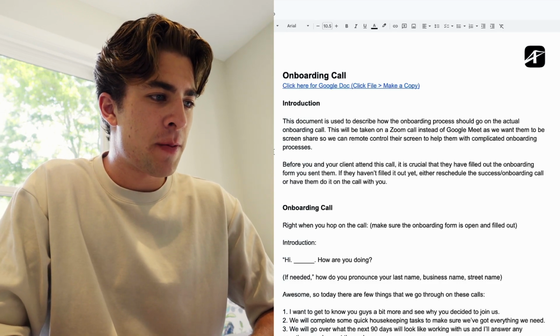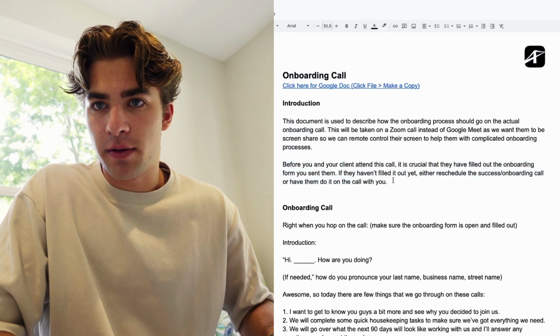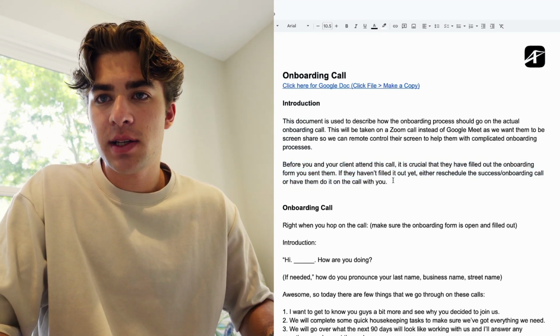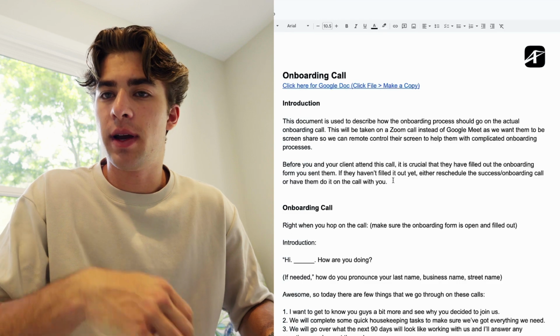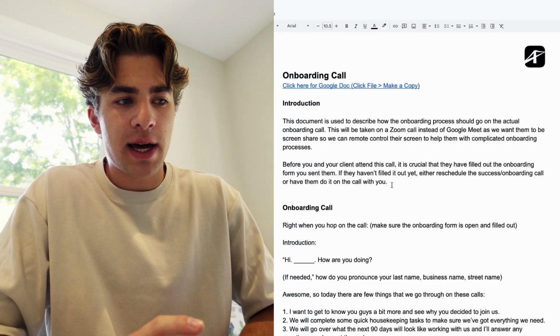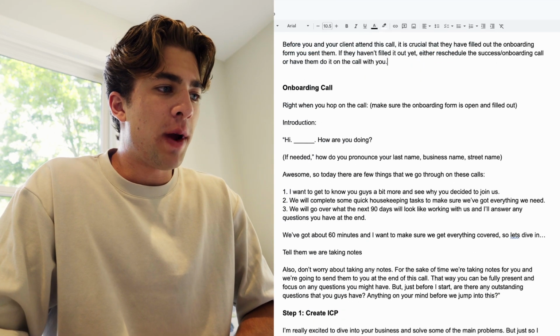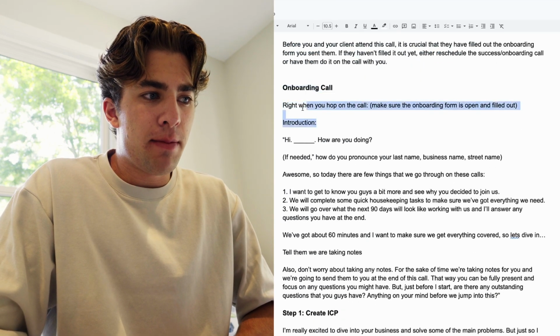Right? Super, super simple. But before you and your client attend this call, it's crucial that they've filled out some kind of onboarding form, right? You need some information on them in the back end so you can go ahead and set things up, fill them up, create a login on their Go High Level. And if they haven't filled it out yet, either reschedule this onboarding call or just have them do it on the call with you. So right when you jump on the actual onboarding call, okay,